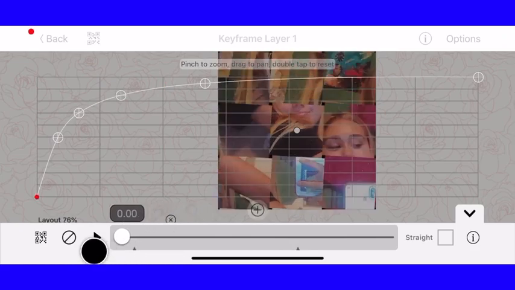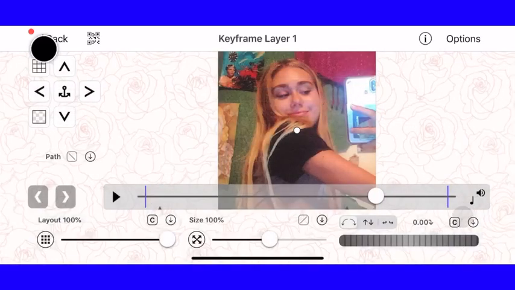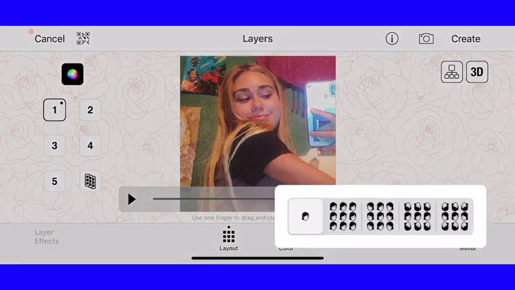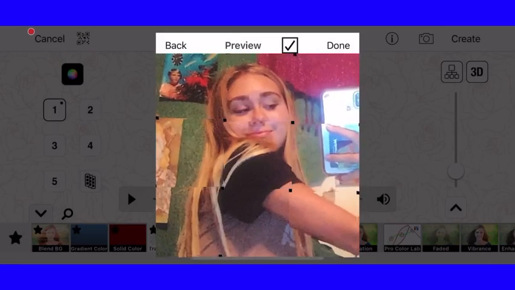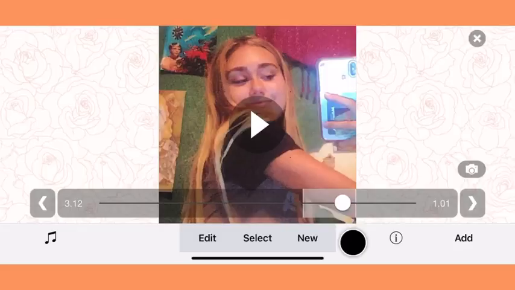Now that you add your graph, you want to add your mirror, whichever mirror you want, and then you want to go to colors, and then you want to add your tracking blur. Make sure not to add too much, and then you want to put create, done. So you want to make sure you have 2 clips, and then you want to go to your second clip,